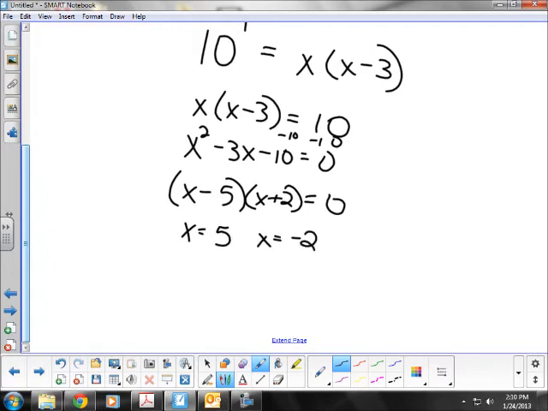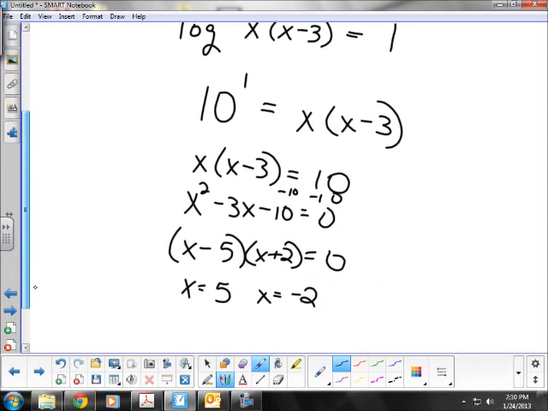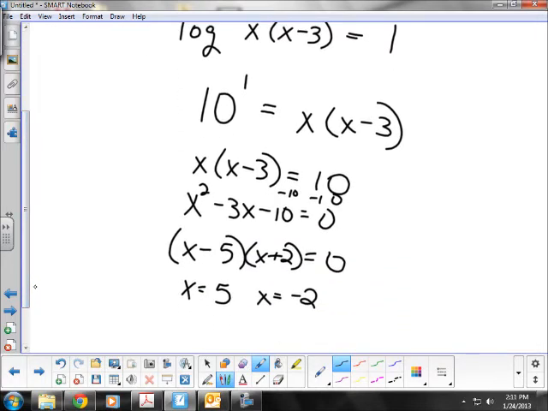Now, you do need to be careful when you do this, because we can't take the log of any number, right? Somebody asked me a while ago, and y'all had it on the quiz just a second ago, what happens if you try to take the log of a negative number? It doesn't work. It gives you an error. It is undefined. You can only take the log of positive numbers. So you do need to go back and double check in your original problem before you started working it and make sure all of these answers that you got are correct,